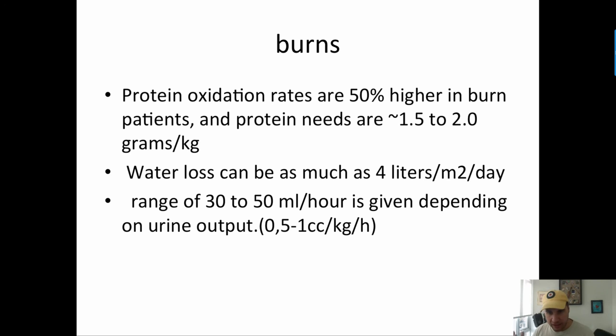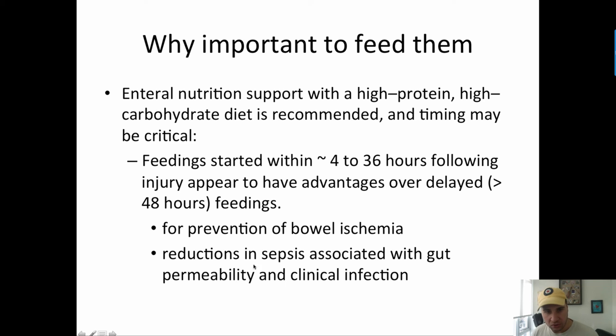is that bank analogy of deposit versus taking money out. What happens in burns is that there's a lot of money going out. Large burns, again, there's a lot coming out, and so it's hard to give them enough. And so what happens is that the stomach may not get as much circulation as we would like, so even if you try to feed them or hydrate them, their stomach may not be able to absorb as well as they would like. But it's important to feed them very early to prevent what we call gut